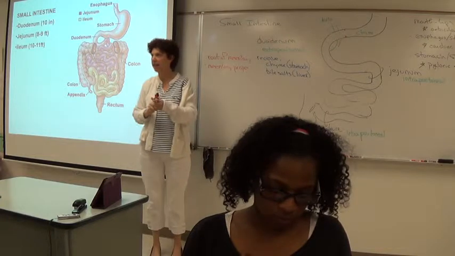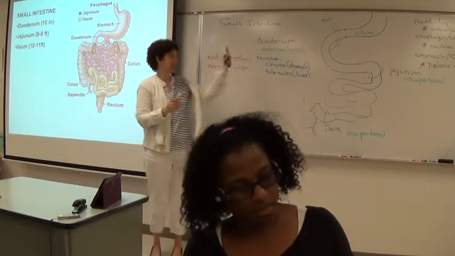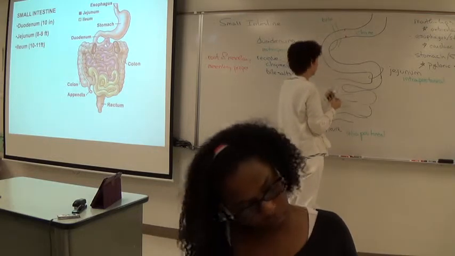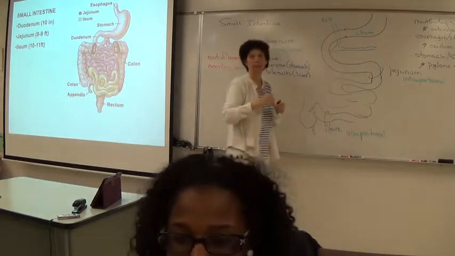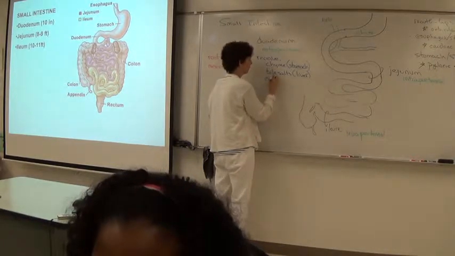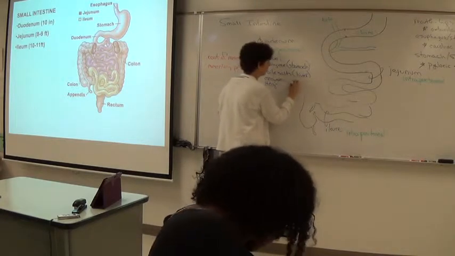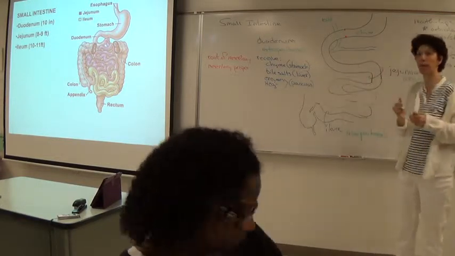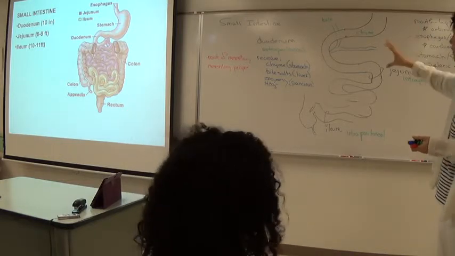Anybody know what the next organ is that I haven't drawn on the board? Gallbladder? Well, that stores the bile salts. The pancreas? Pancreas, all right? So it's going to receive digestive enzymes and bicarbonate ions from the pancreas. And so it becomes an area where that material then is mixed, and then finally it moves past through the